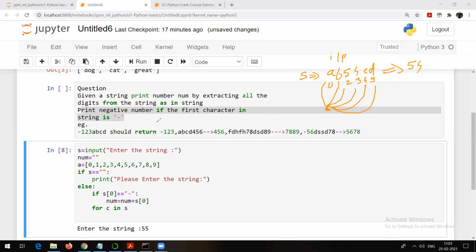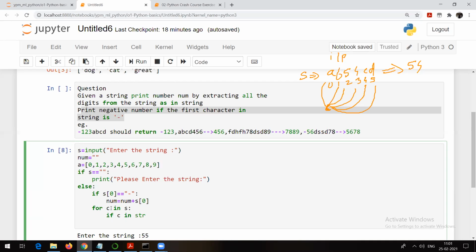I hope you remember the for loop. Or maybe if you get confused, I can take it as i also. Whatever the variable, it is just a variable. So for some C character in S, where S is my input string, if that C is present in str of A. Why am I doing typecasting here?